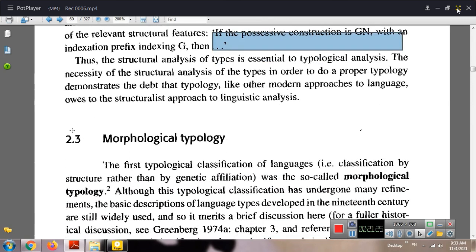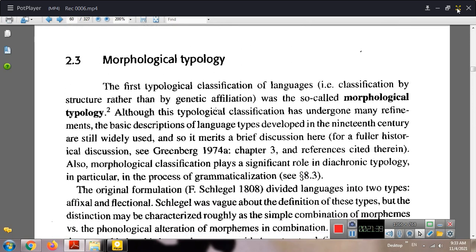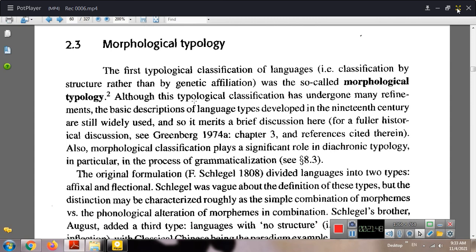Okay, another part is about the morphological typology. You know that, as I told you, in the 19th century, we considered typology as the morphological one. Here you can see the different typologies and different types of morphology based on different scholars. You should know this. For your summarization, you should mention these types, and for your final exam, you should know